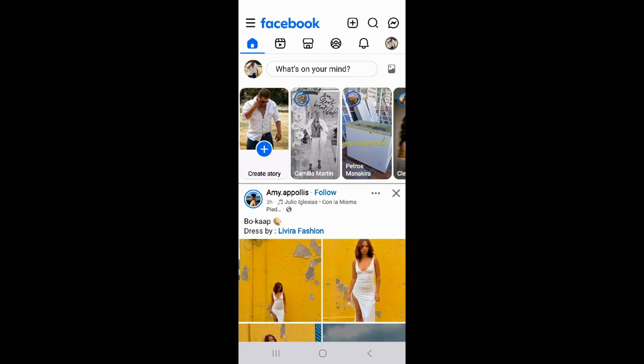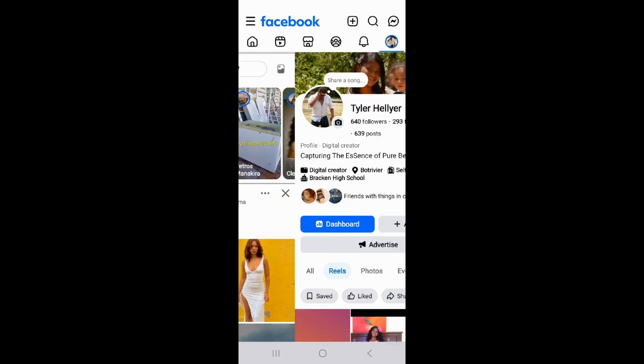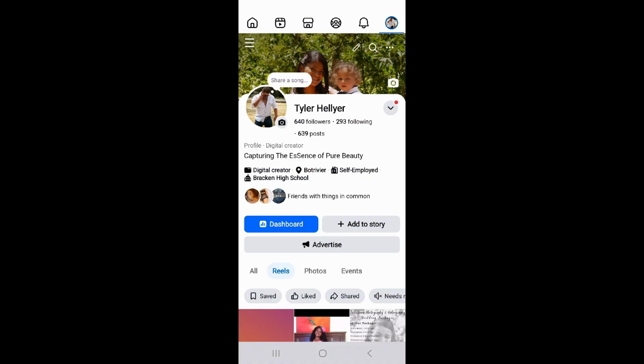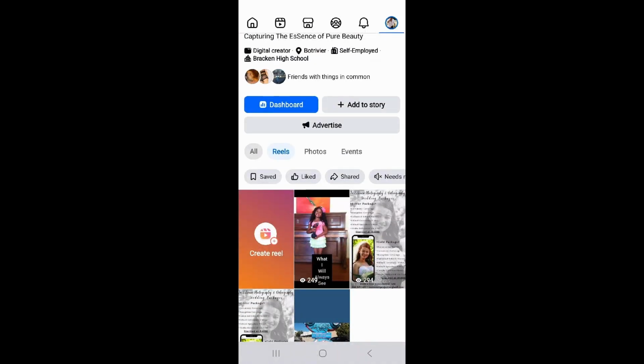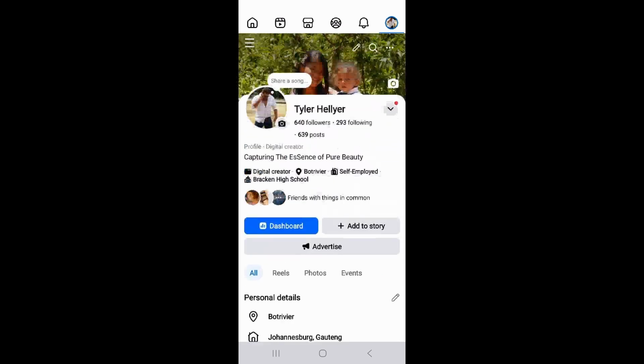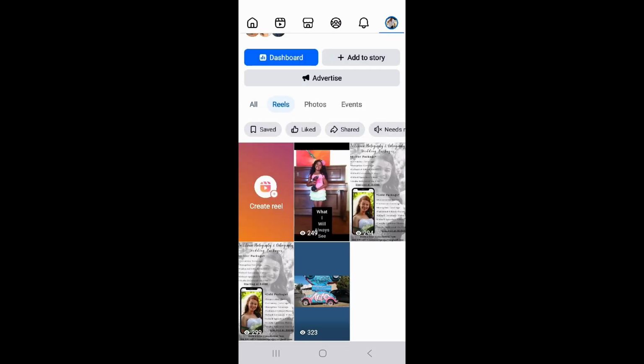vertical format. But if you'd like to create a reel from photographs perhaps, or photographs and a video, put it all together and make a reel on Facebook, you can do this. Profile picture and tap on Reels down over here. So you would be here by default on all. Tap on Reels, and now when you click on Create Reel, it'll allow you to look through your media on